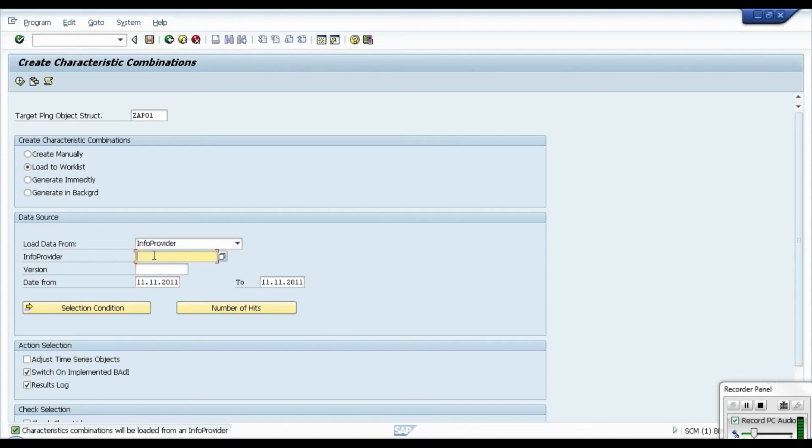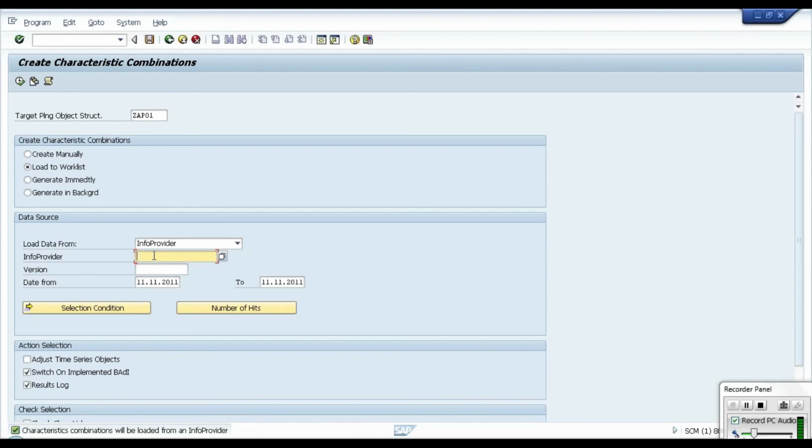It will check all possible combinations from the reference sales order or sales invoice data. For example, in one sales order we have three products, but the remaining characteristics are common: plant A, sales organization A, customer A, but product A, product B, product C. So here we can expect three combinations: product A, plant A, sales organization A, and customer A; product B, customer A, sales organization A, plant A. Like that, it will create the three combinations.